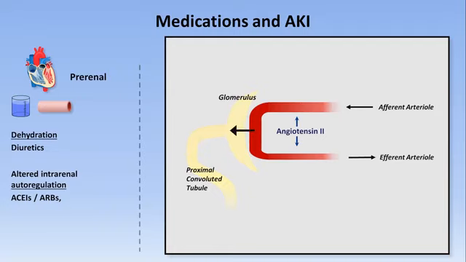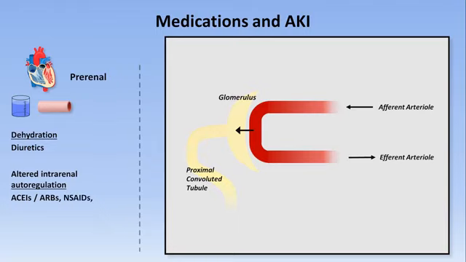This increases the GFR. So when either an ACE inhibitor or ARB interfere with the actions of angiotensin II, the consequence is a vasodilation of the efferent arteriole out of proportion to the afferent arteriole, leading to a decrease in the pressure gradient and a decrease in the GFR. So while this might make the glomerulus itself happier, it can reduce the kidney's function.